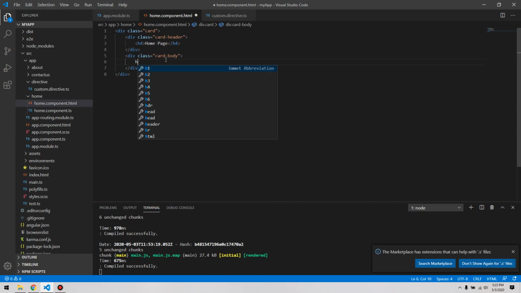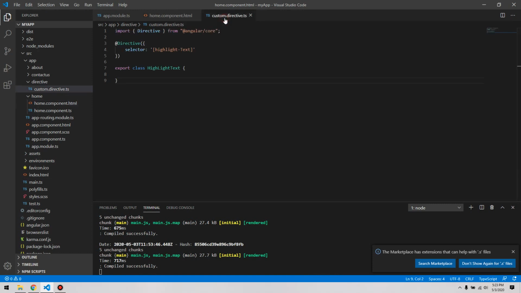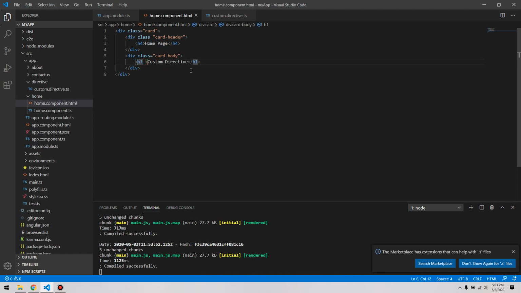Simply, we can use an h1 tag with the custom directive and some sample text. On the selector part we have mentioned the name, so this name we have to use on our DOM element, and we have used it here.